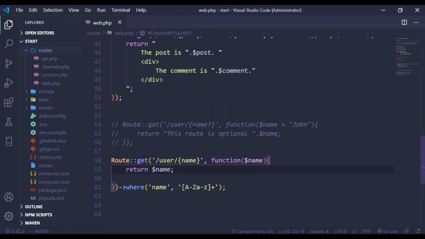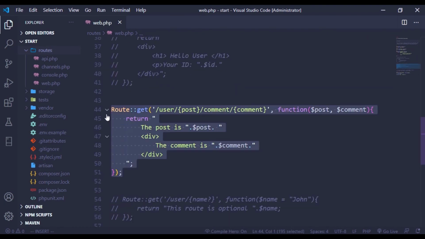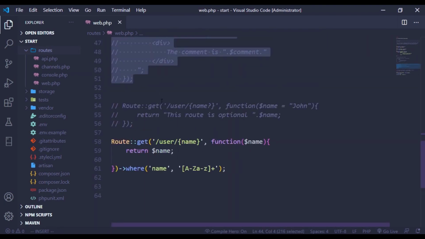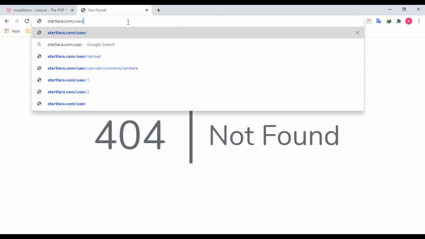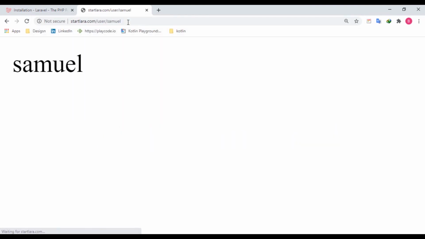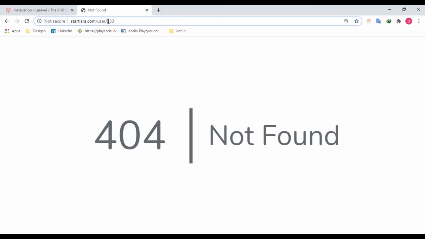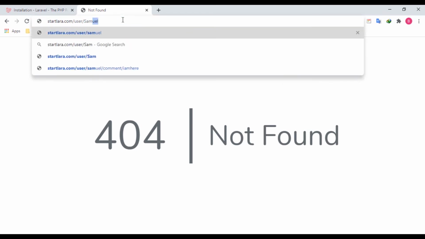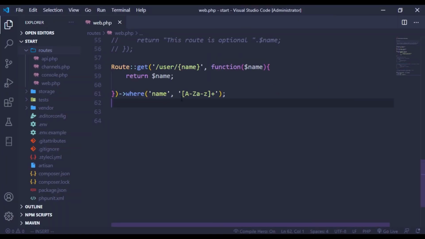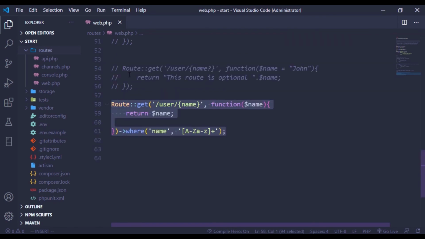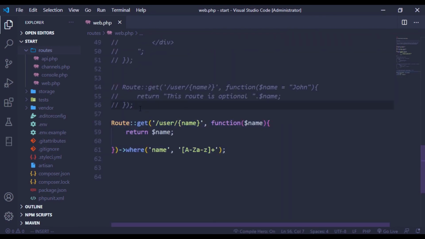Oh guys, sorry for that. I think I have to comment this out. So I'm just going to make sure that these codes are available for you to use them. So I can say /user/Samuel. Let me put a number, and you can see because of that number we are not able to use that user route. But whenever we change this to something like Samuel Anthony, whether it's capital letter, automatically it's going to make use of that route. So you can also make use of routes like, let me just comment this, called